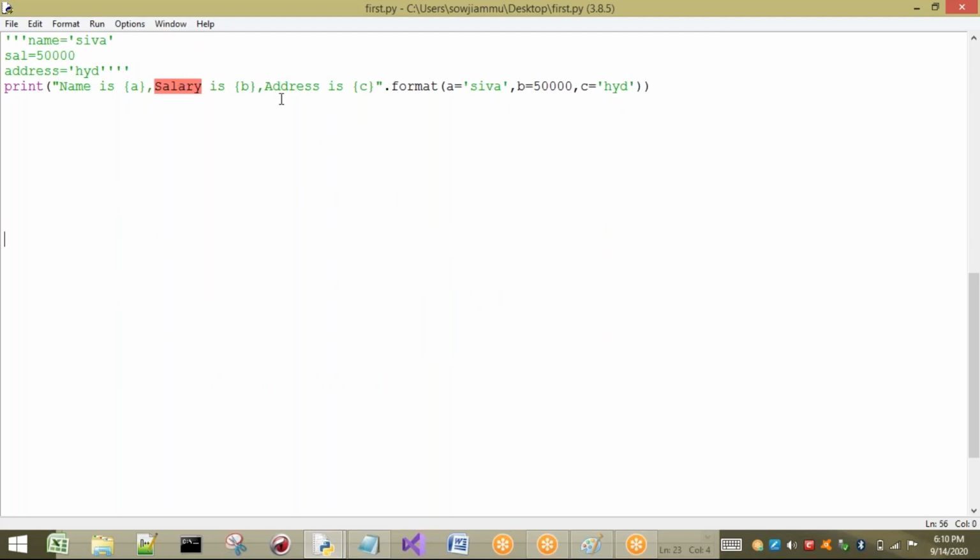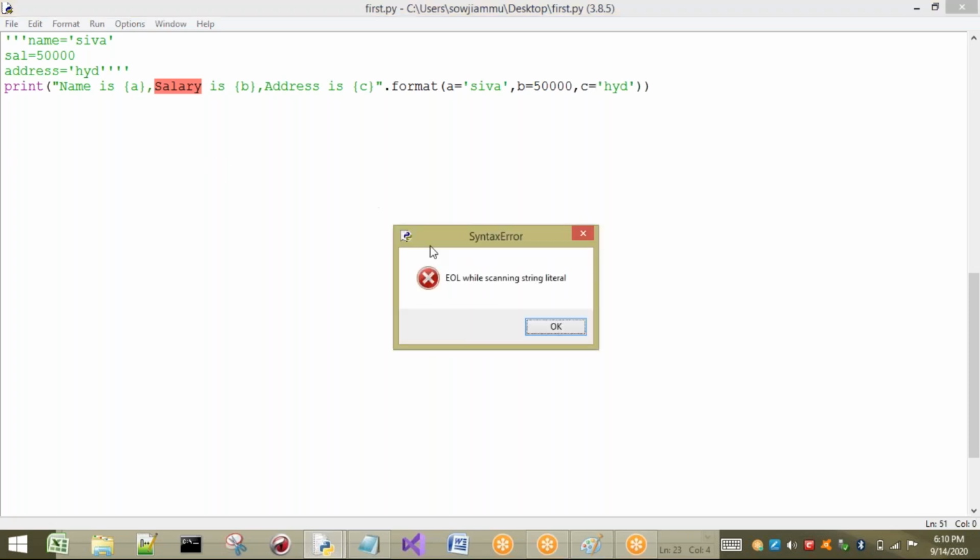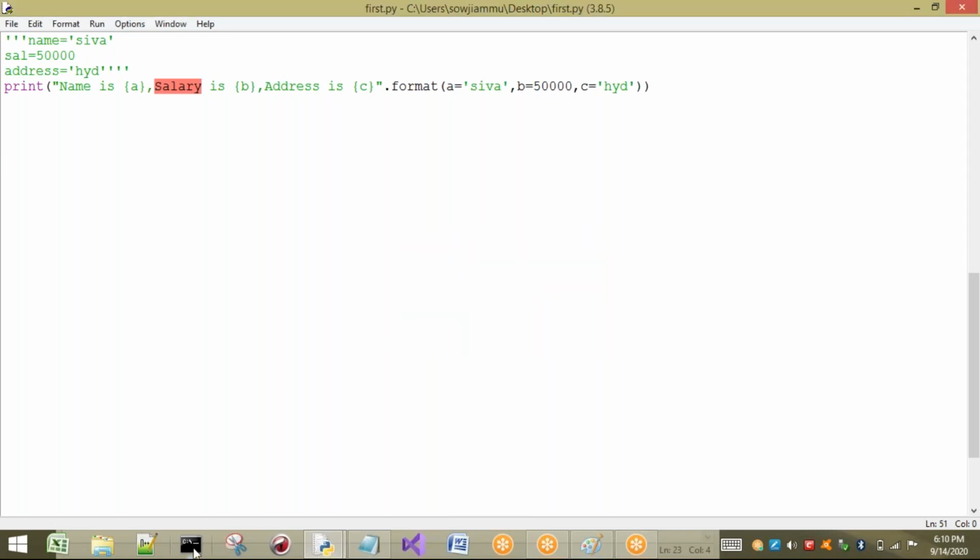Here we are getting some syntax error. Let us see what happens here once. End of line while parsing. Okay, 1 minute.